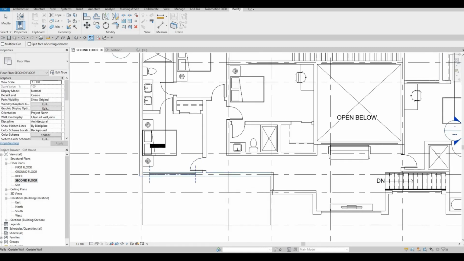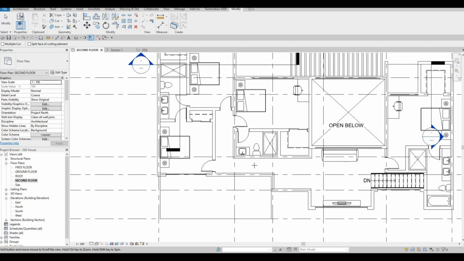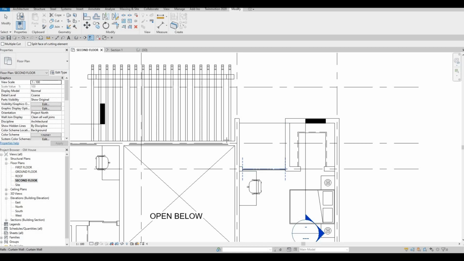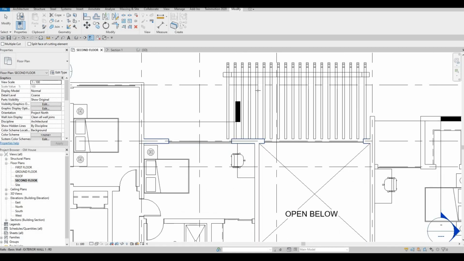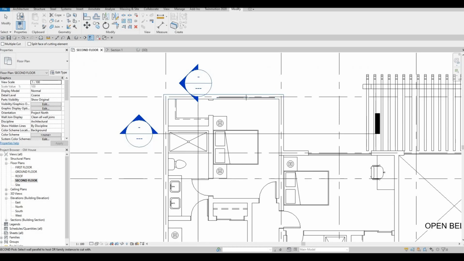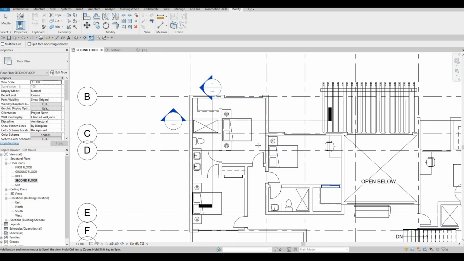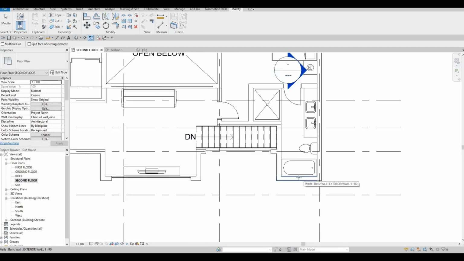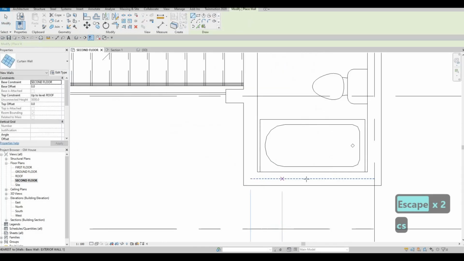We could actually add a window right here because we have a lot of space there. And then just double checking, we could add it here as well. So might as well add it,